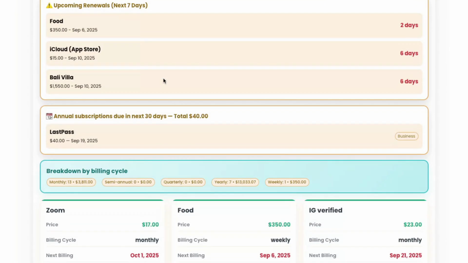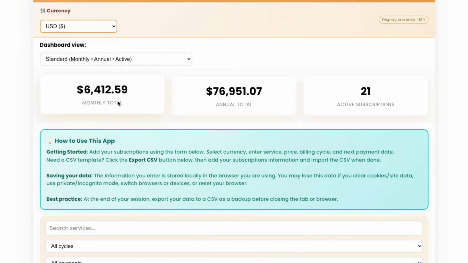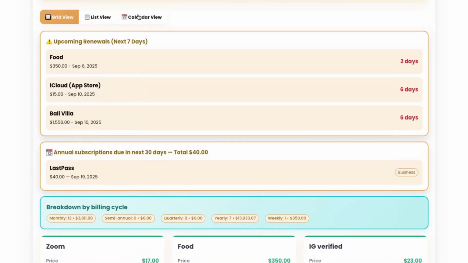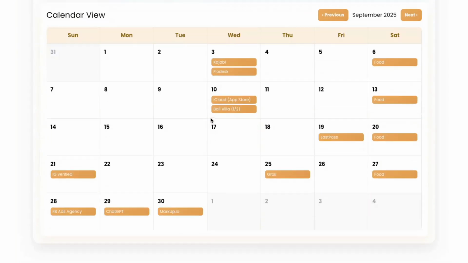Now, here's what's unique about this. You will notice that this payment is now visible right here. You will also notice that the information has been updated. So now my monthly total is higher. Additionally, if I was to now go to the calendar view, and you can have a look on the 10th,